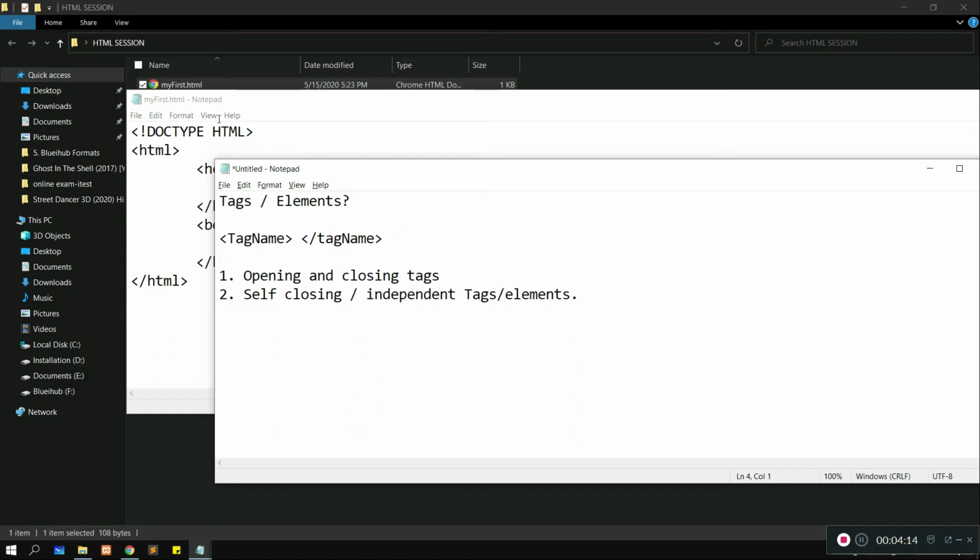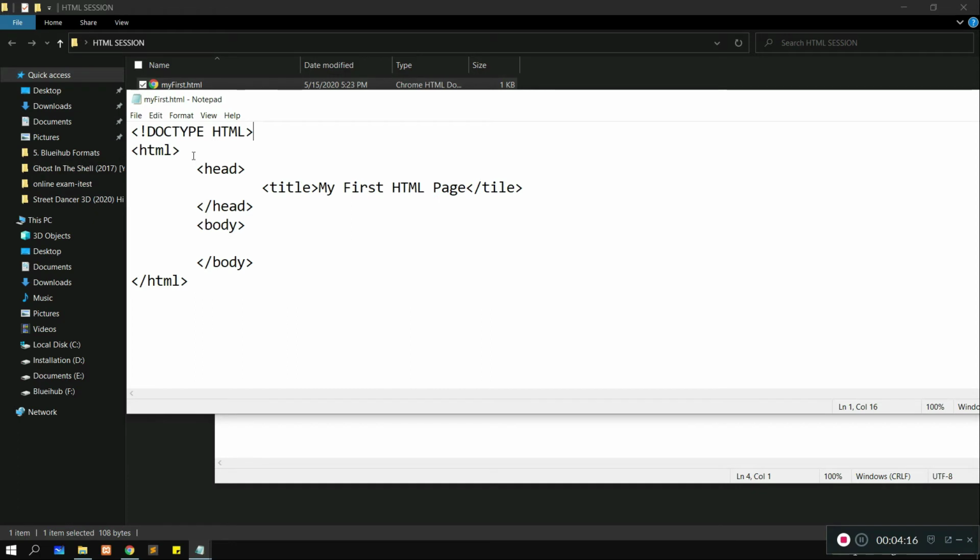In the same way we have tags. HTML is an opening and closing type tag. This is the type 1 tag. Head also, title also, and body also, because we have the closing tag of each. We have open head here and close head here.